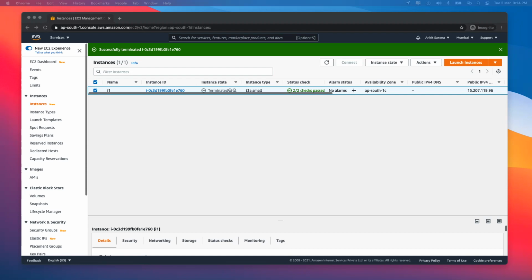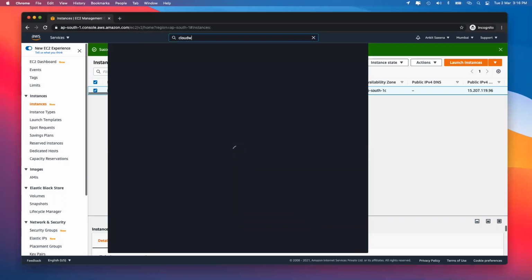CloudWatch can be used to monitor, store, or access the details of the resources and also the log files which are there. CloudWatch has many features: you can archive the log data, you can go for Route 53 log entries, you can query your log data, you can retain it for whatever duration you want, and you can also monitor the logs from your EC2 instance. So in this case, the service that we'll be going for will be CloudWatch.